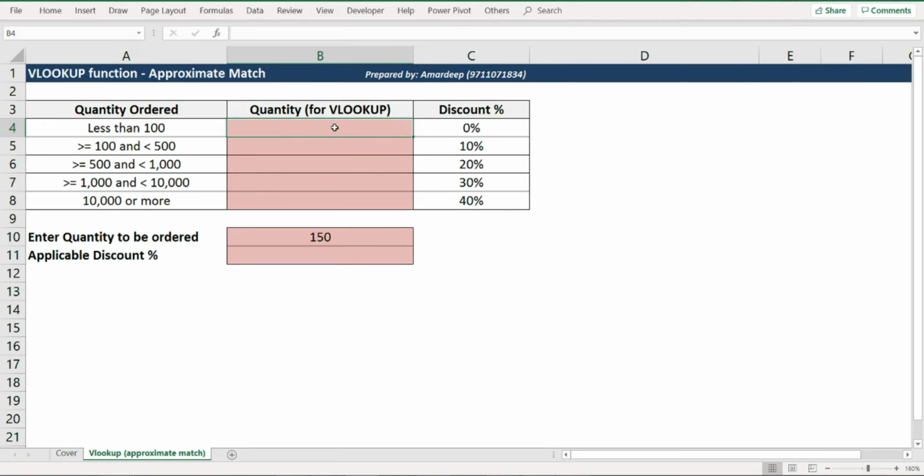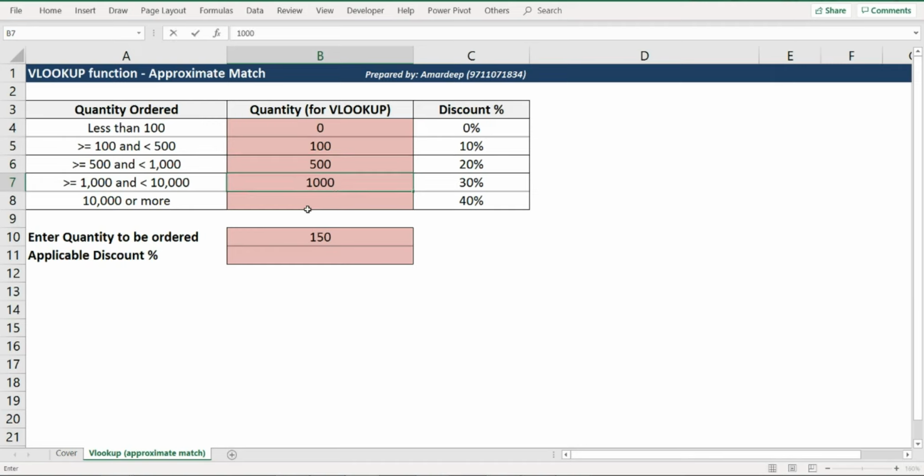Okay, so the first one is less than 100. So this is going to start with 0. Then we have 100 or more but less than 500. My second slab is going to begin with 100 units. Similarly, the third one is going to begin with 500.